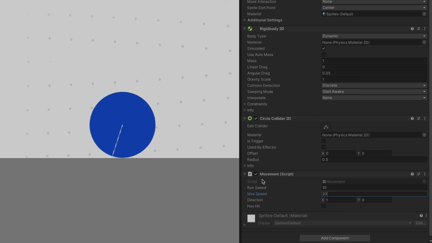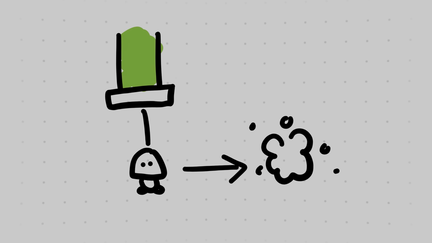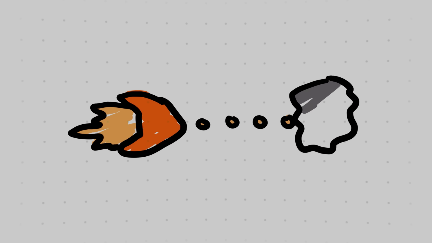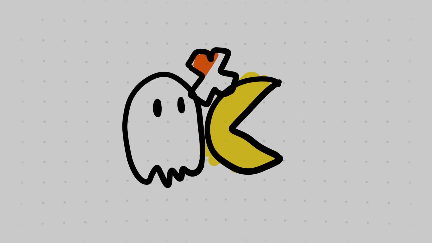Once I had that in my brain, I put together a list of things that I would really need to know in order to make games. Things like, how do I make one game object talk to another game object? How do I spawn in new game objects, and then how do I delete them again? How do I make something happen when two game objects collide into each other? How do I do UI and sound effects and animation? How do I deal with levels and game over and things like that? So then I use tutorials and Google and talking to people to kind of answer those questions and figure out